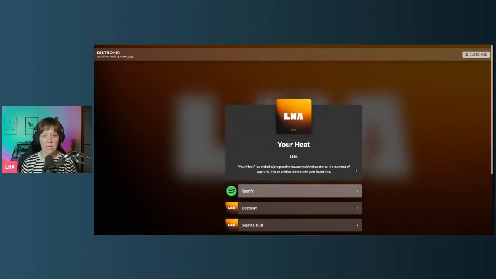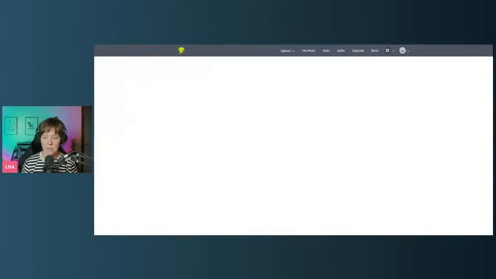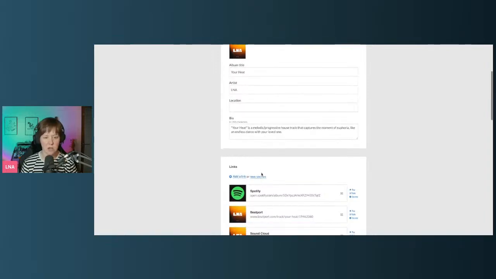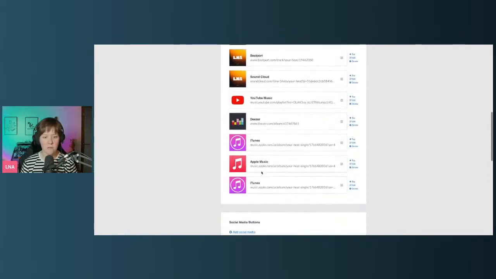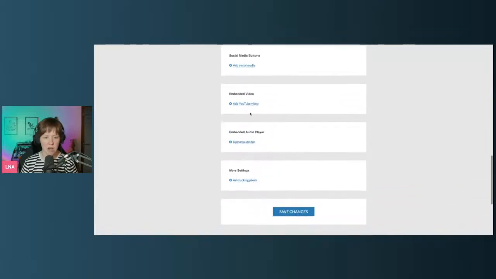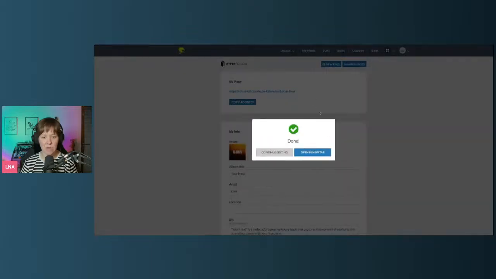It all comes in here, and you can customize it using this. Edit this page. Here we go. And you can see, you can add your album title, artist, location, bio, all of the links, social media buttons, video. I usually add a video as well, but I forgot to put it into this one. And also audio player and more settings. So you can actually add quite a lot, and this link will stay here